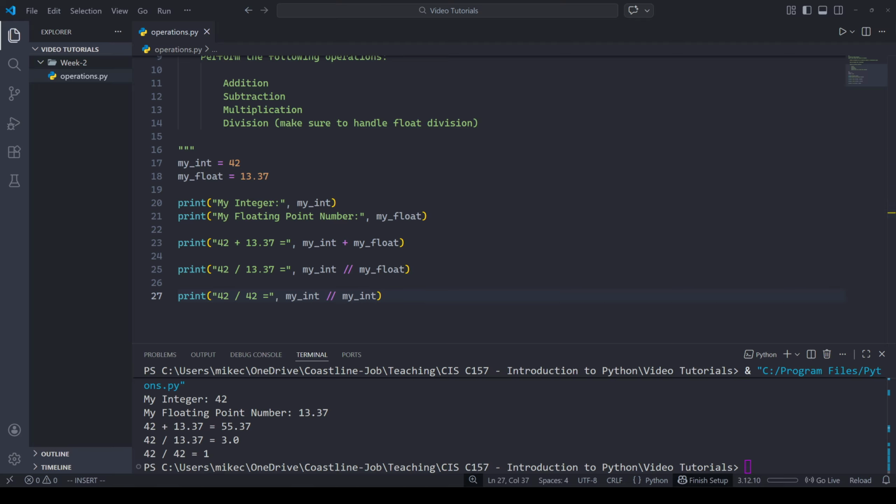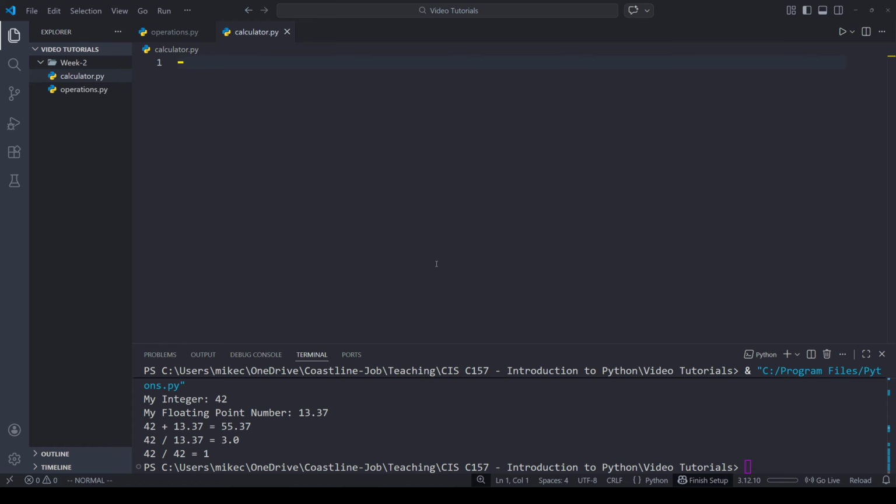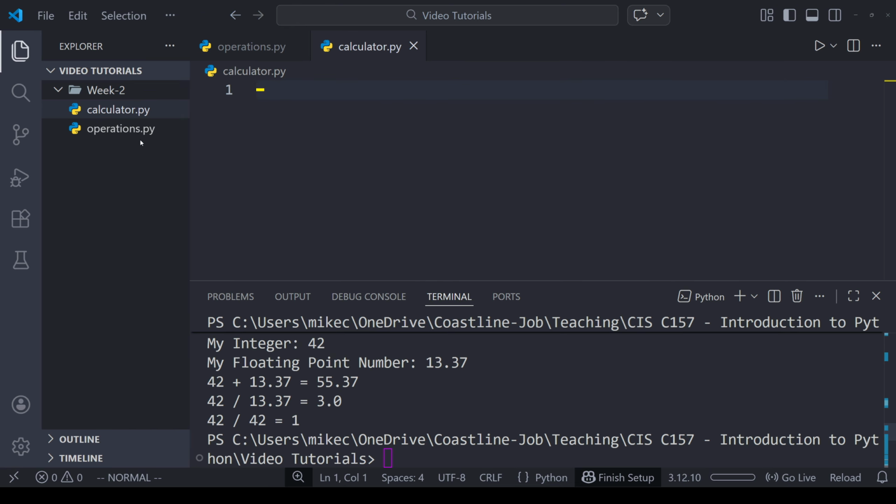So the next problem set is having us get input from a user. Your text goes over that as well, and the first one is pretty straightforward. I'm going to skip over that one and go to the basic calculator using input problem to walk you through the beginnings of that problem and make a suggestion on how I might approach solving that. So instead of deleting this file here, I'm going to create another file for the calculator app so I can have all my code in separate files. I'll call this one calculator.py.